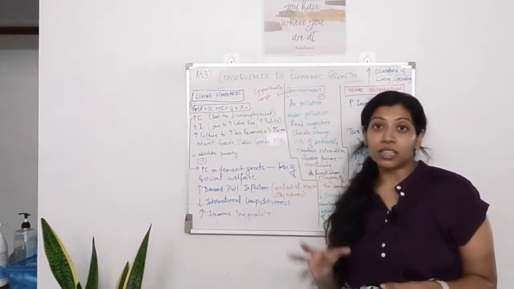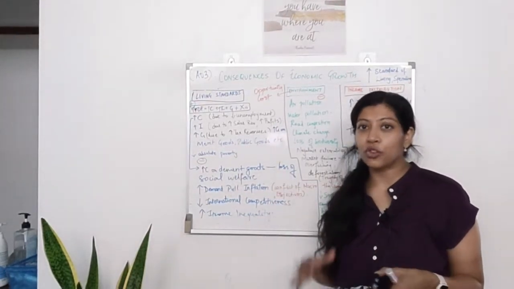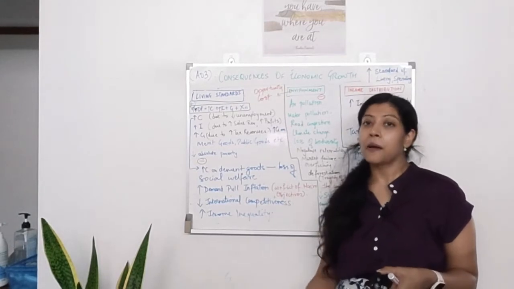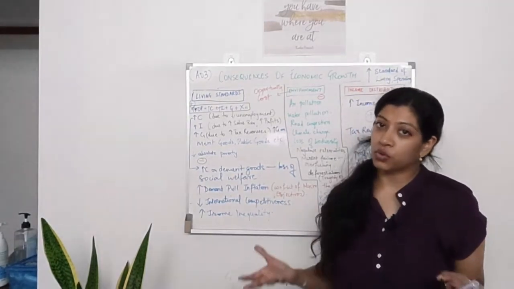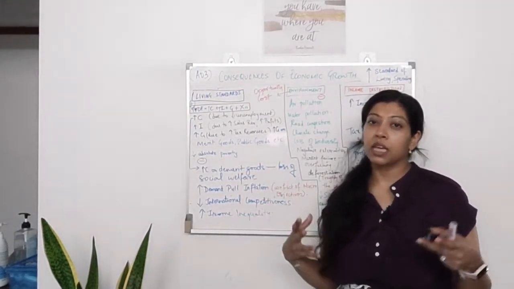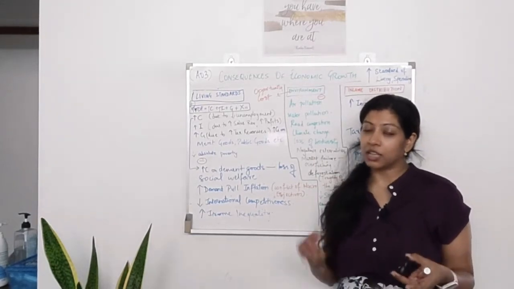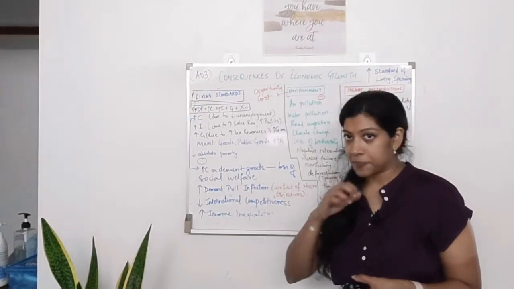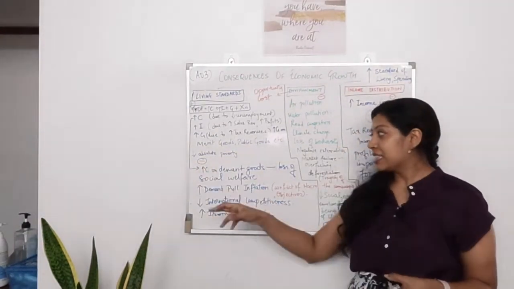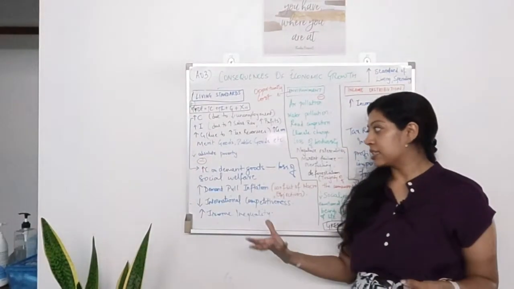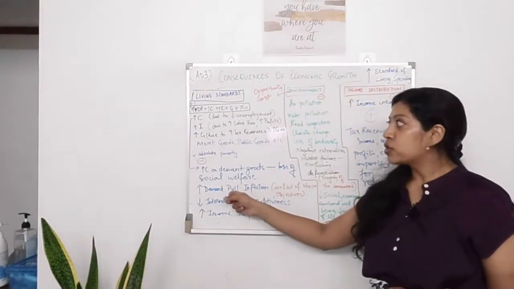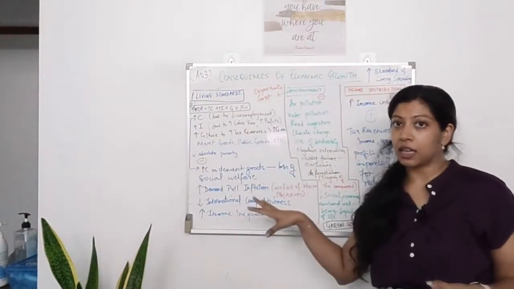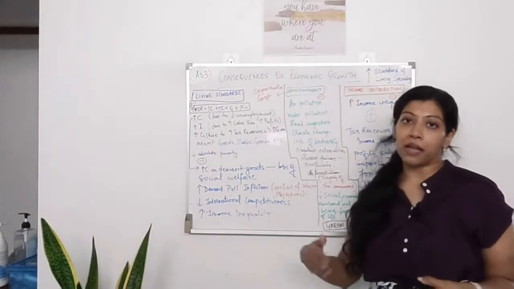Now remember, we're looking at theory. This is all theoretically what would happen, but a good way to look at this would be to go into particular case studies and look at different countries and how this really applies to them. Okay, what are the negatives? We saw one negative, an increase in consumption of demerit goods. Another huge negative is that because of all that spending, it could lead to an increase in demand-pull inflation.